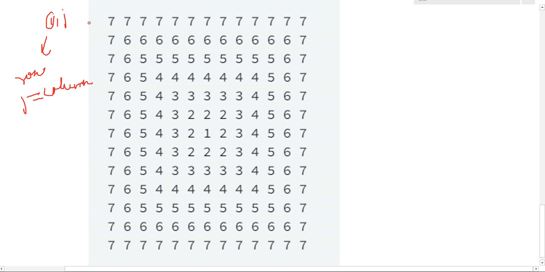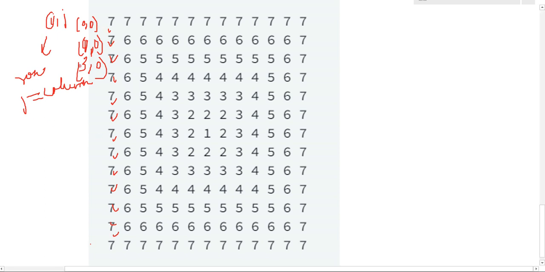Now this is the first row, first column; first row, second row, first column; third row, first column. Likewise, it will go up to 7 to the 14, 14 minus 1, 1, 2, 3, 4, 5, 6, 7, 8, 9, 10, 11, 12, 13. Okay. So it will go up to 12.